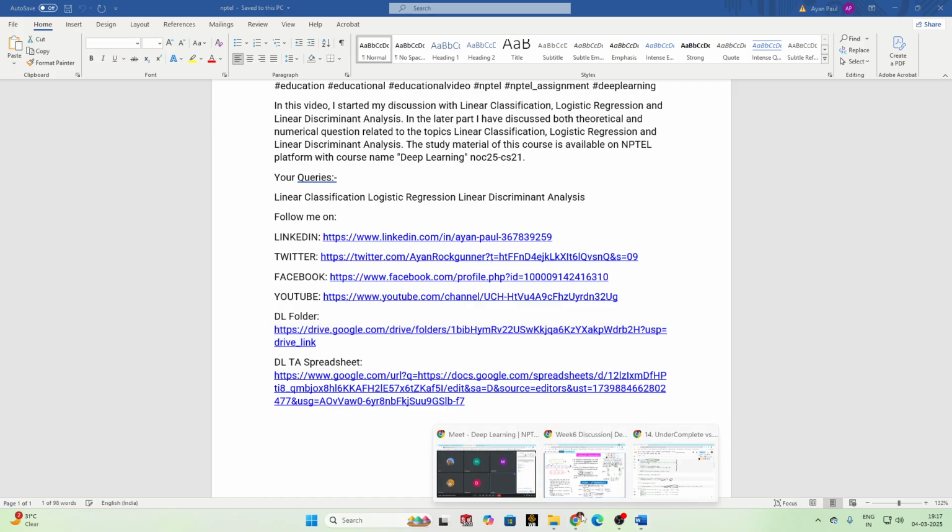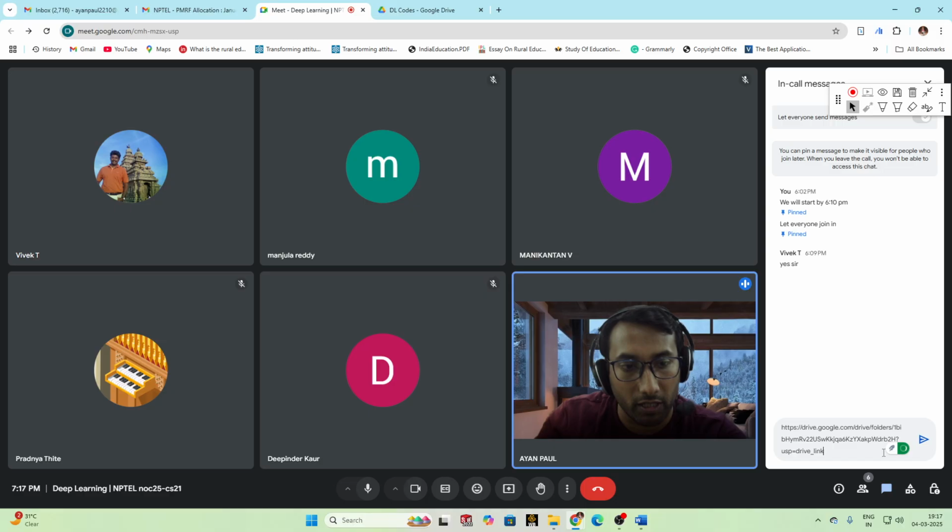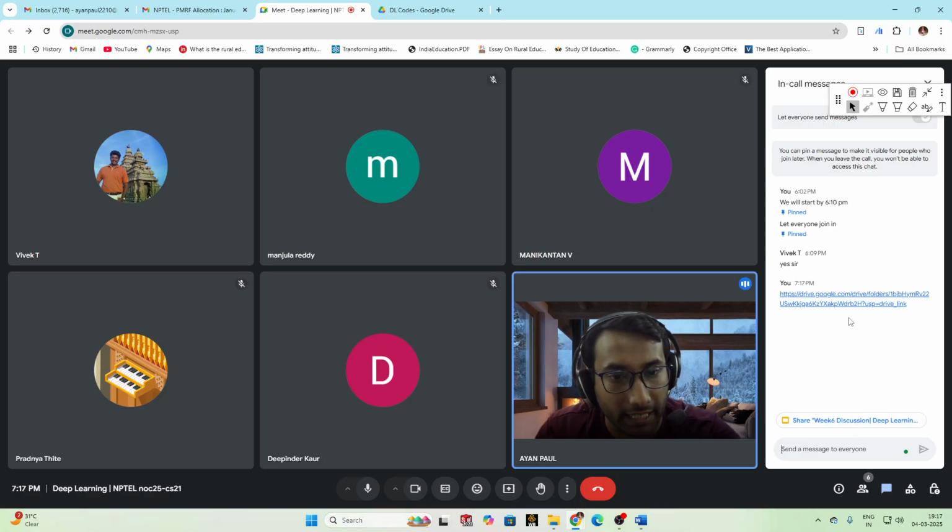This is the folder link I am giving you in the chat box. You can open this folder and all my contents will be there. Either save this link, or go to the SWAYAM portal. Below there is a thing called problem solving session. Whenever you open it, a spreadsheet will open. The spreadsheet contains four names because four TAs are taking the course. One TA is taking class on Friday, another on Sunday and Monday, and I am taking class on Tuesday.